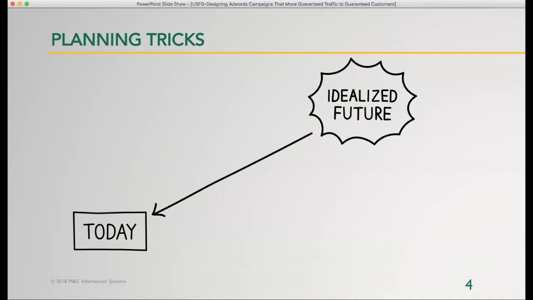And that sounds basic, because it is, right? You need to start with where it is that you want to go and then work backwards to today. So when we're doing that,